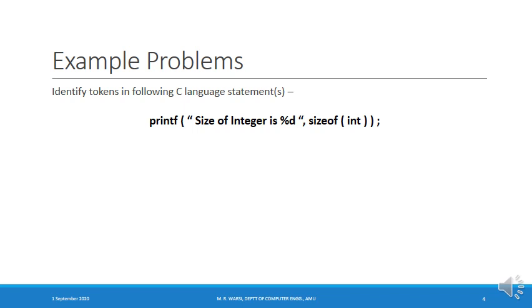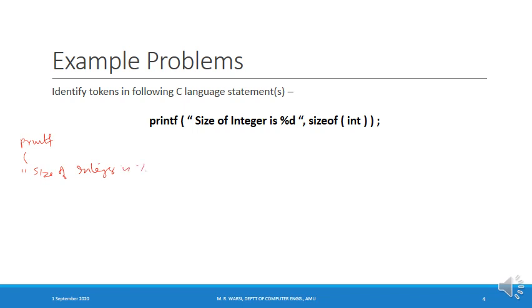Let's now take another example. For the statement shown over here, we'll identify tokens. First of all, we'll identify lexemes, and then for each lexeme we'll write the token. The first lexeme in this statement is printf. The next lexeme is the opening bracket. The next one is size of integer